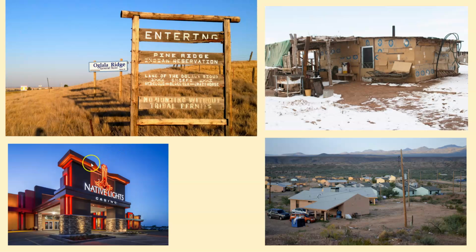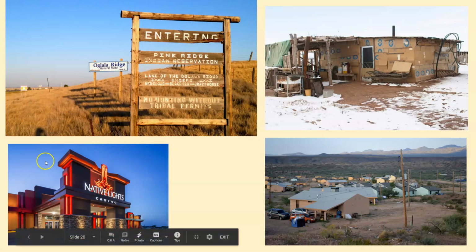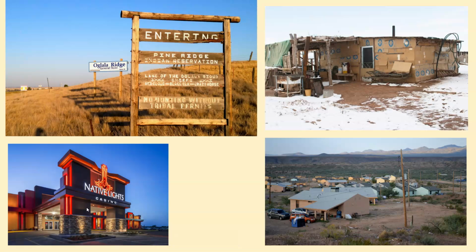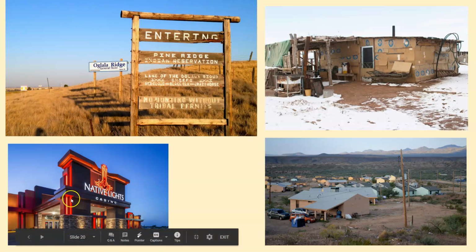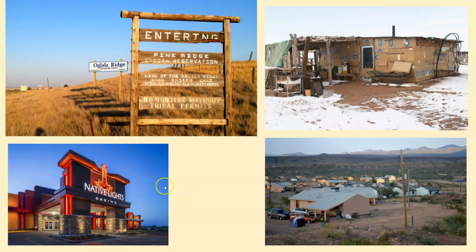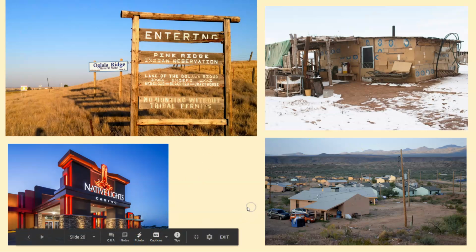One way that they have tried earning money is at these, have you ever heard of a Native American casino? At these casinos, on these reservations, they have their own laws and they have their own police. So these casinos can get away with a little bit of craziness, and they can make some money there. But that's really not a great way of making money. But that's one way they found some success, is having these casinos. So that concludes the chapter on Native Americans.